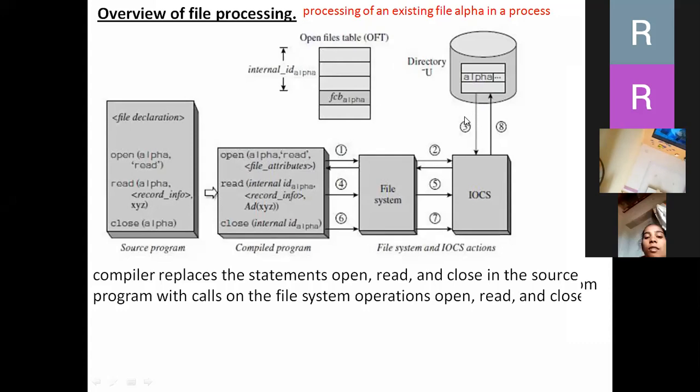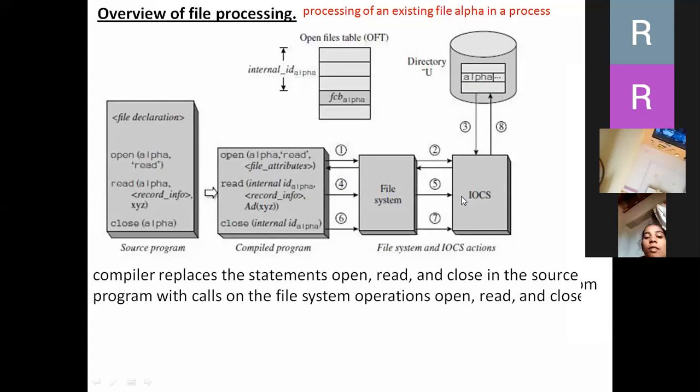Step number 4 is, suppose the process tries to read a record, as you can see here. So read internal ID alpha, having offset of 6 here, for example. Suppose the process is trying to read a record of alpha into the area having address XYZ, it will activate this read operation of the file system with internal ID alpha and address XYZ as the parameter.